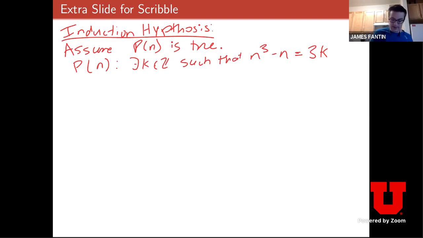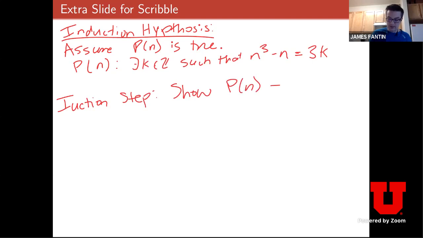So our next step here is going to be the induction step. And that's where we're going to prove that the next domino falls over. Or we're going to show that if P sub n is true, then that implies that P of n plus 1 has to be true. So let's start with this. So if we know P of n plus 1 is true,